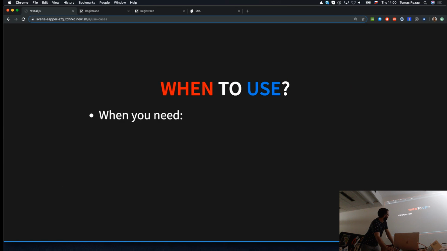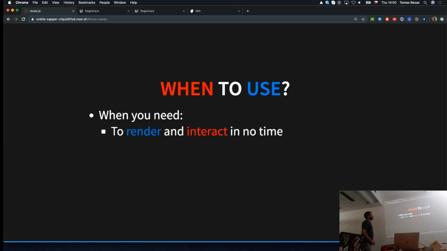So when to use it? Because as we saw, there are some cool things about it, and there are also some flaws. For me, the first thing is when you want to use a declarative framework and you want not only to render fast with server pre-rendering, but also to react fast with JavaScript functionality.